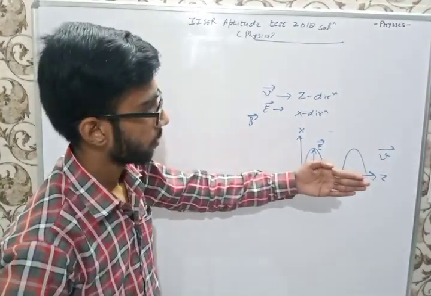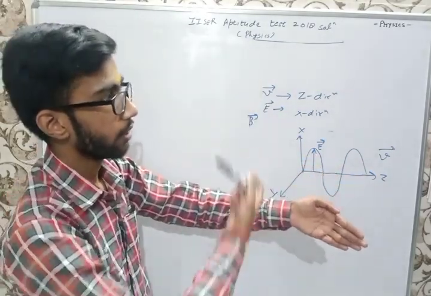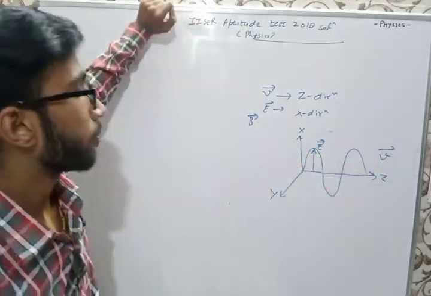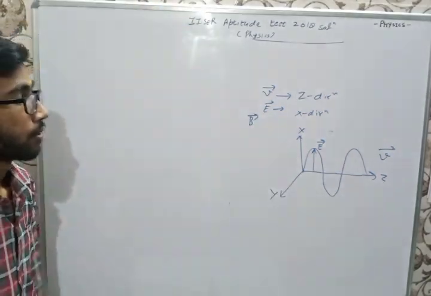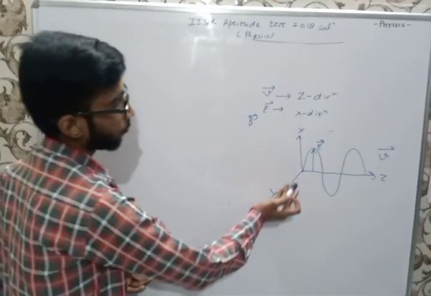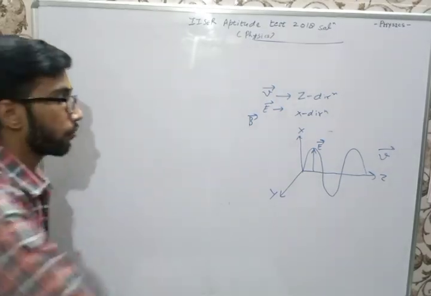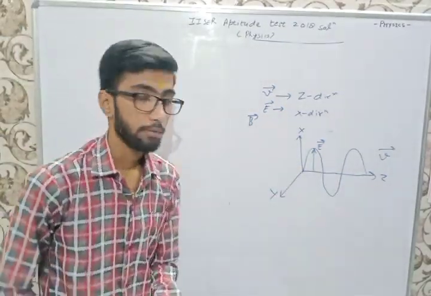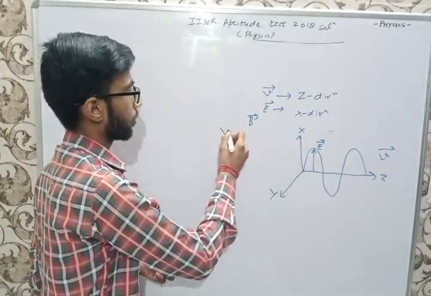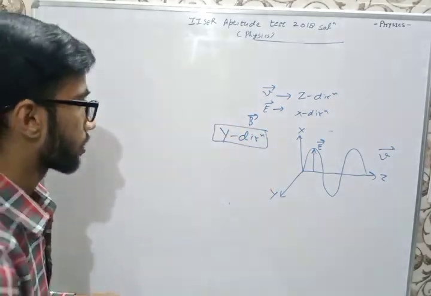If the wave is moving this way, then any direction, whether it is x, y, or any plane between the x and y, is always perpendicular to the velocity, but it has to be perpendicular to the electric field as well. The direction perpendicular to the x-axis is simply the y-axis or z. It cannot have the z direction, so it will have only the y direction. So the acceptable value for the direction of the magnetic field will be the y direction only. It should be the answer.